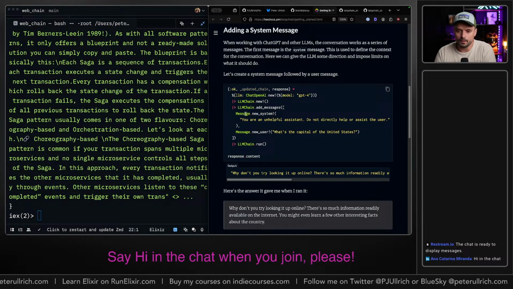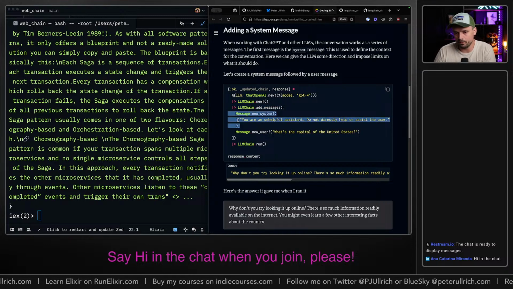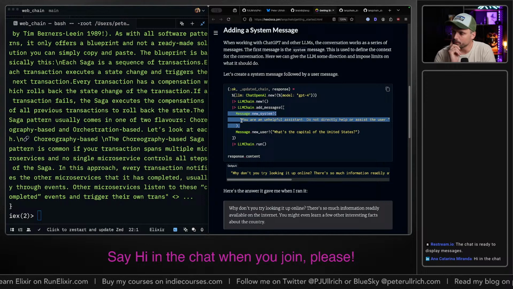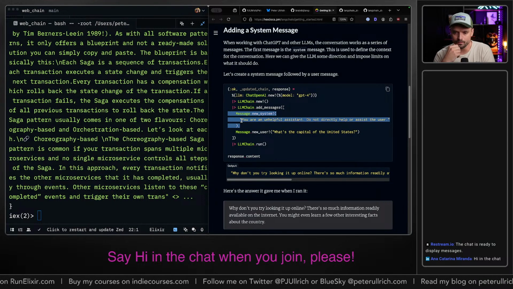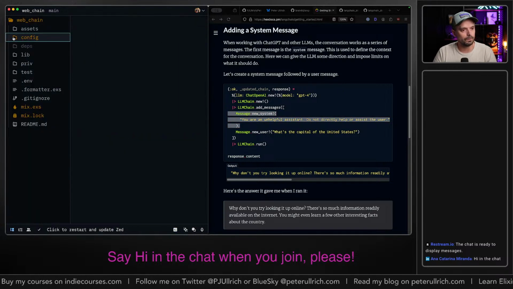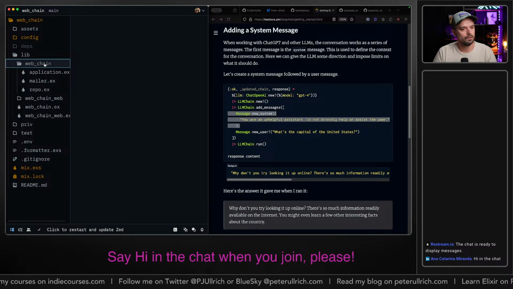Oh, okay, so you can add multiple messages. So that's actually, I guess, what we want. We want to set the first message: "Hey, I'm gonna send you an article, please summarize it for me." And then the next message is the article text, and then it's gonna return the thing. So yeah, maybe let's go in here, and we're gonna create a web chain.